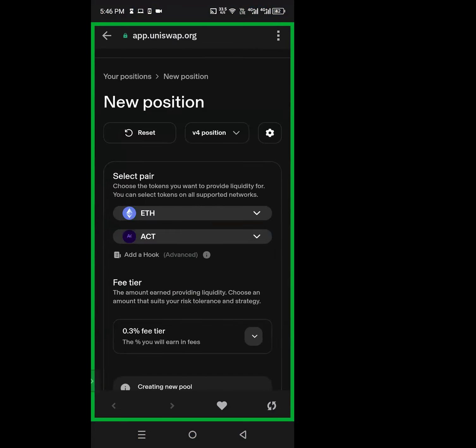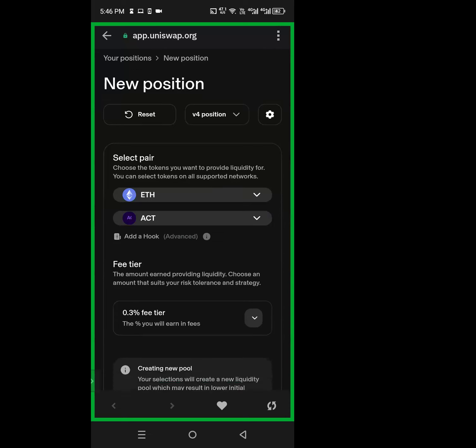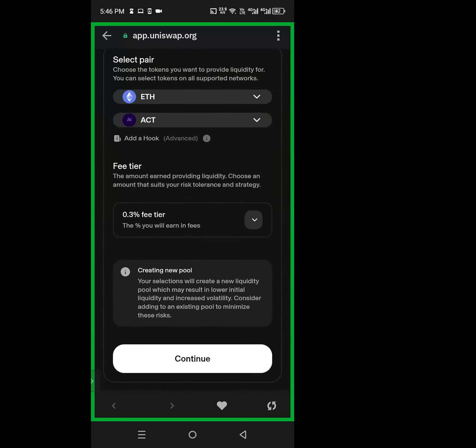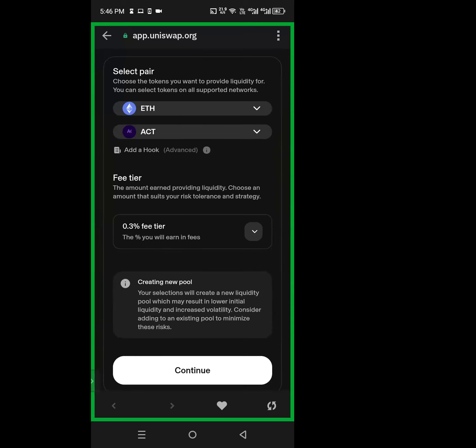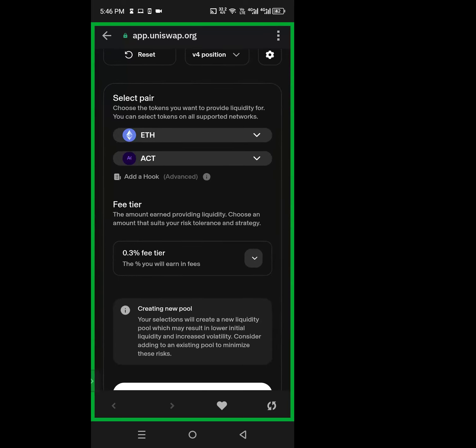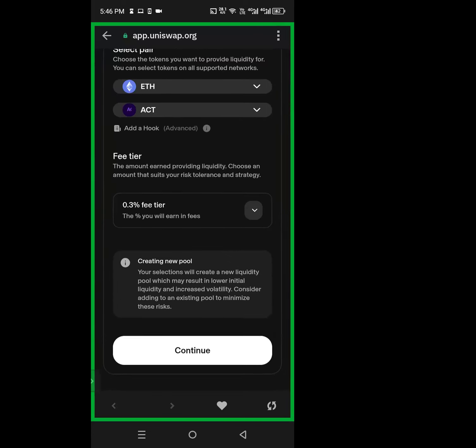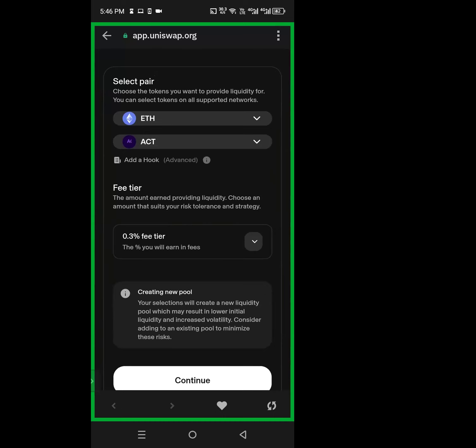And then from here, I'll scroll down, and you can see it's saying create new pool. Your selection will create a new liquidity pool, which may result in low initial liquidity and increased volatility. Consider adding to an existing pool. This is just a warning because we are still in the early stages where we are creating pools. So I'm just going to click on continue.